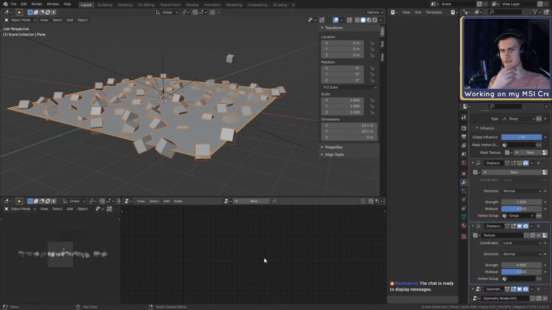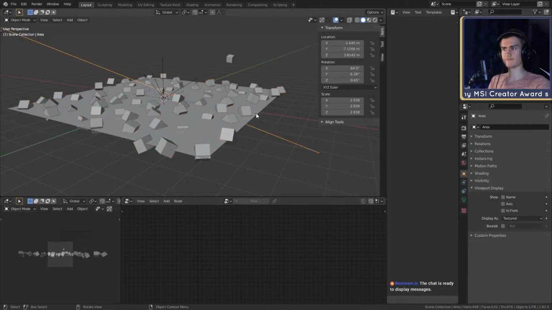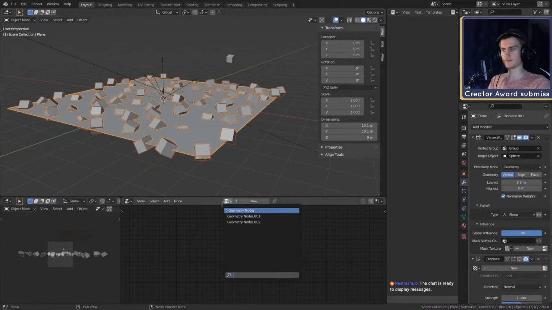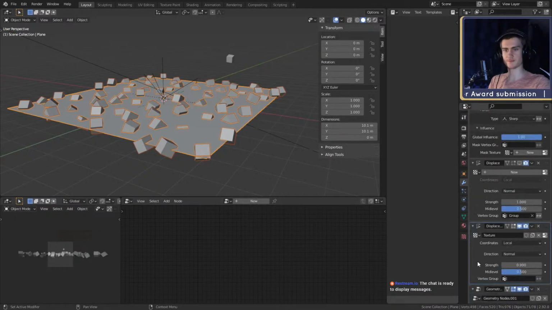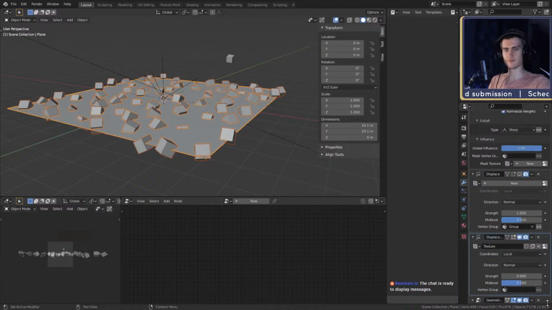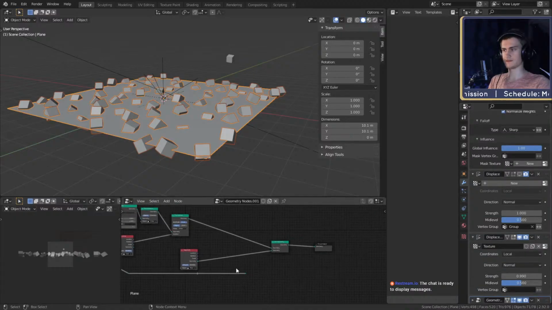So I guess you can't do that in the geometry section as well. Where's my geometry? Oh, of course. Go in there. Nope, in there. So